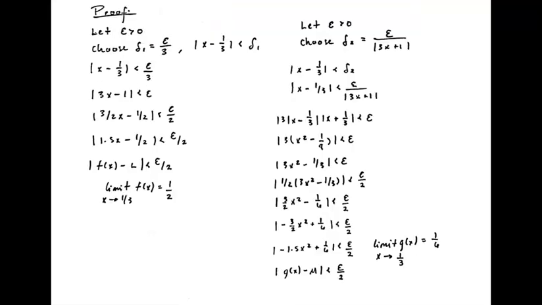All right, so now we can finally prove it. So for our first function, we're going to let our epsilon be greater than 0. And we're going to choose a delta 1 value of epsilon over 3, implying that x minus a, which is x minus 1 over 3, is less than delta 1. And here we're just doing all of our steps in reverse. So we can see that epsilon over 3 will be